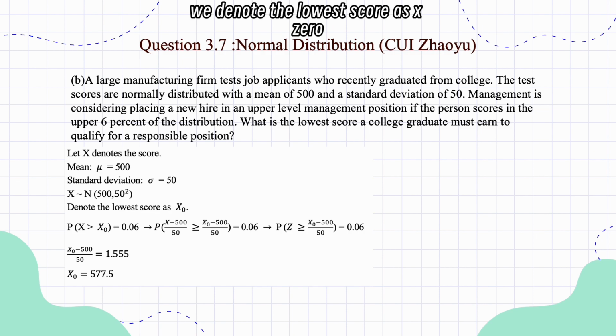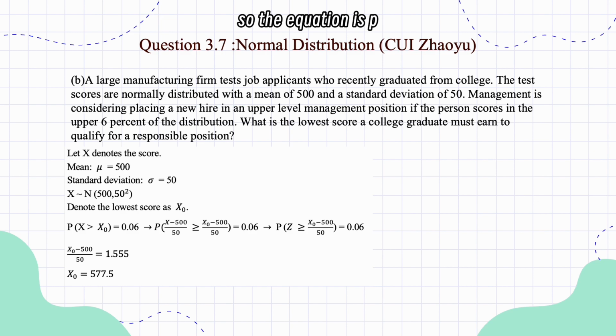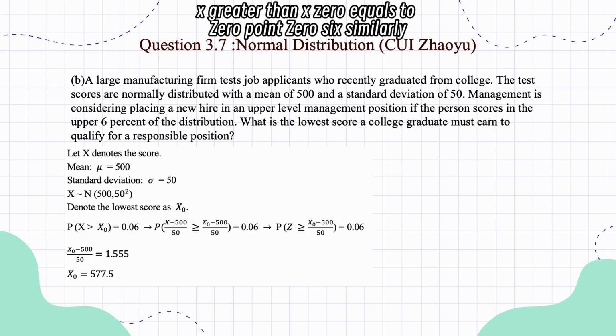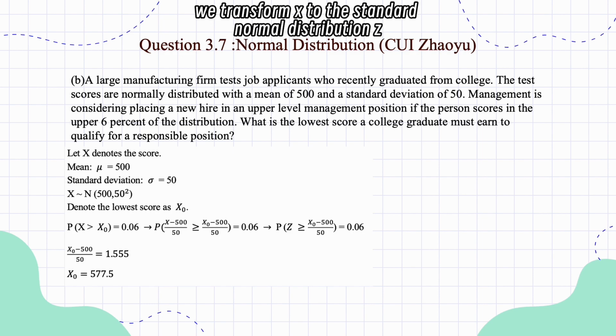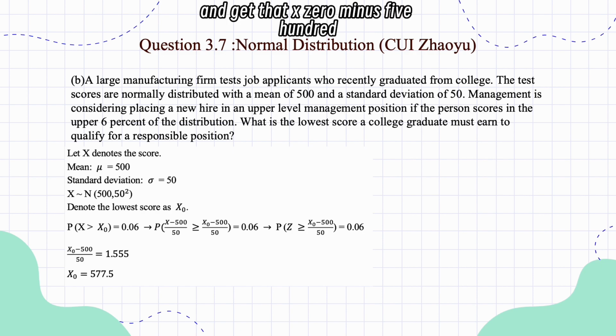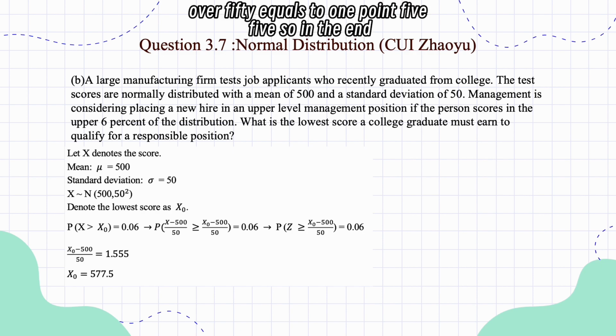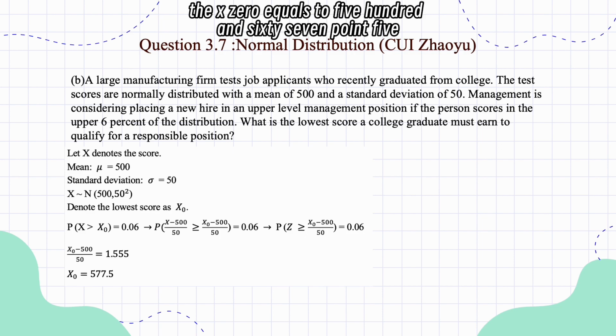Then we denote the lowest score as x0, so the equation is P(x greater than x0) equals 0.06. Similarly, we transform x to the standard normal distribution z and get that (x0 minus 500) over 50 equals 1.55. So in the end, x0 equals